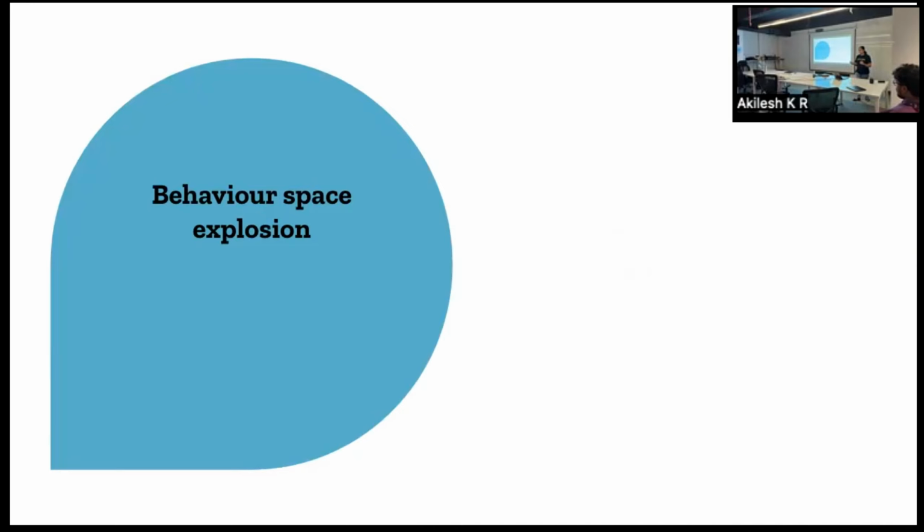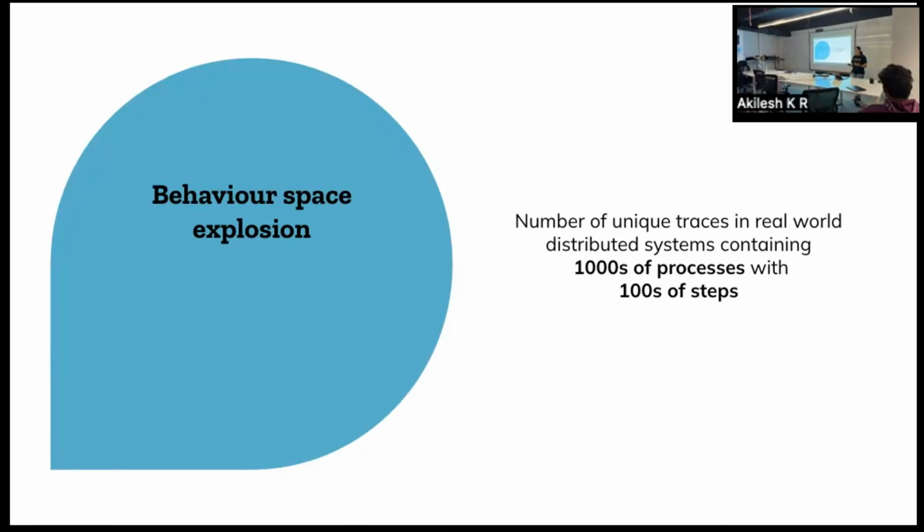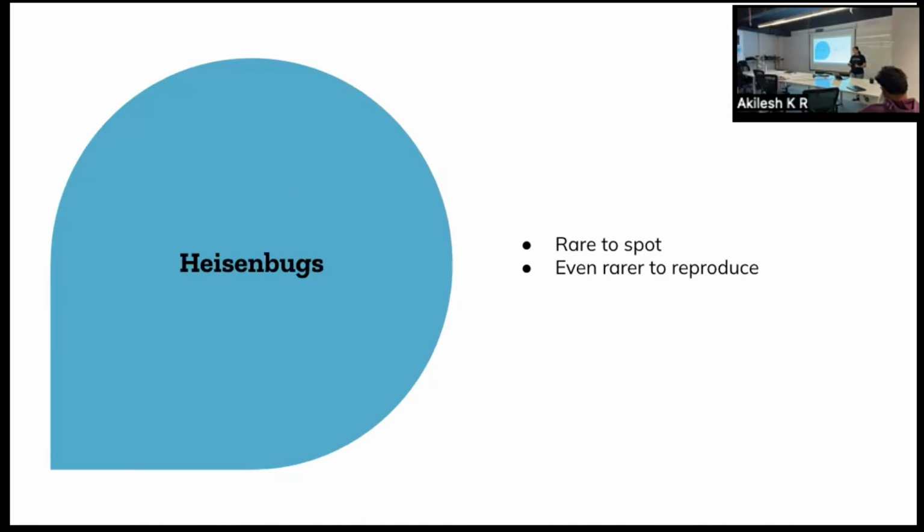Now, if you consider hundreds of processes, each with multiple steps, then we cannot hold all of them in our head, and we will not be able to even list down all these combinations. It's not going to be humanly possible. So this explosion of the behavior space is where the Heisenbugs become very rare to spot, and because of the nature of this space, they become very hard to reproduce as well. You'll see the bug the first time. You run the same thing, but it'll pass. Things will work. So you'll not be able to confidently reproduce what went wrong.